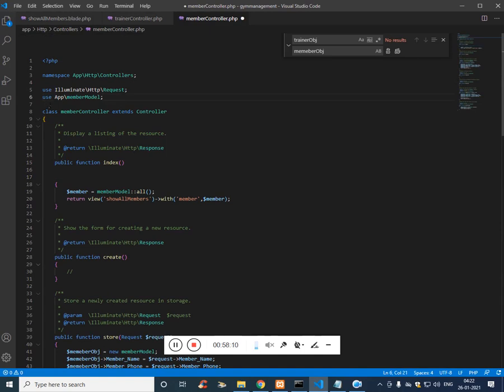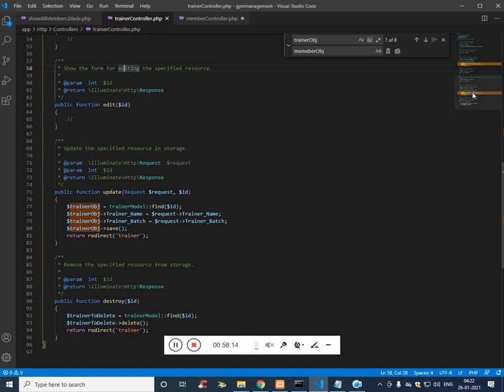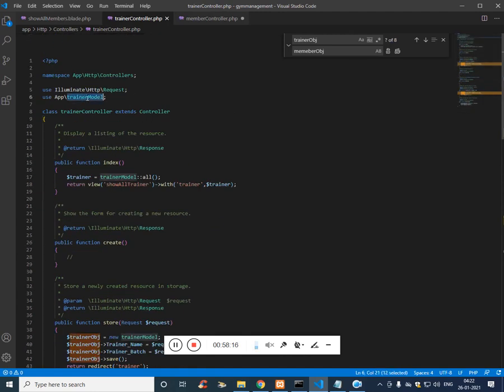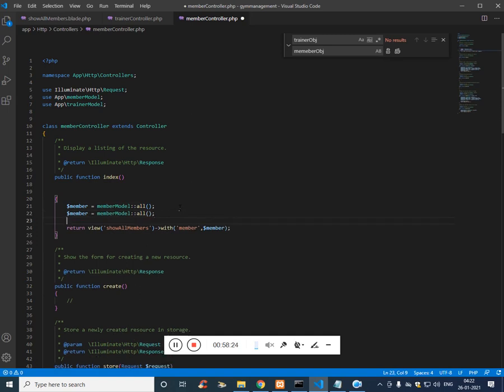Use the model of trainer, and then fetch all the values from the model and store it into a variable called trainer, and pass this value along with the function width.